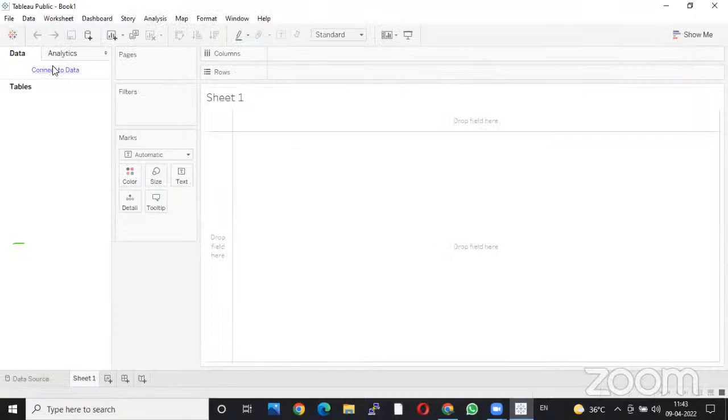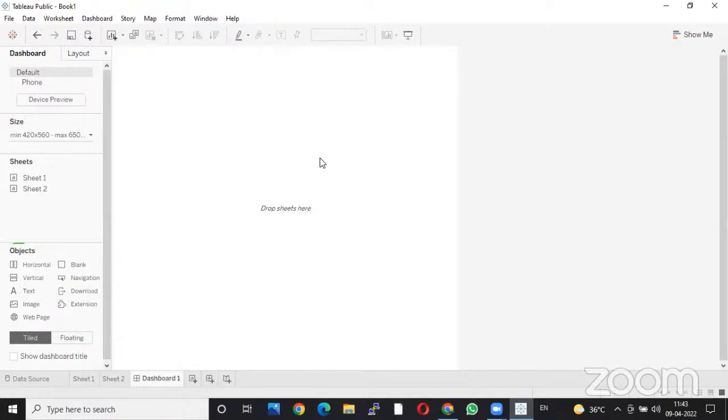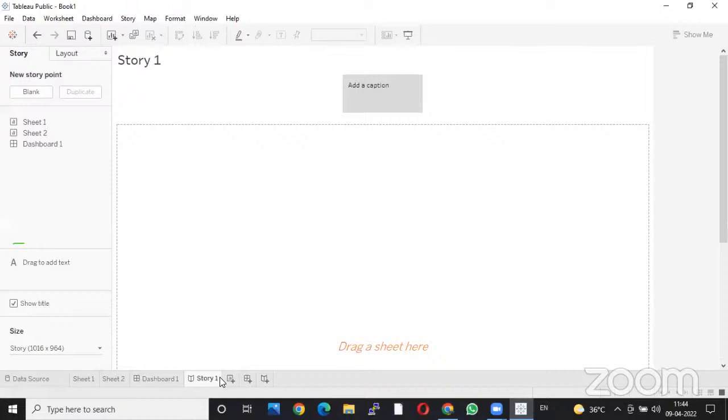And if I click on this particular Tableau icon, you can see the whole interface Tableau has. Here we have sheets. We can create multiple sheets over here. Here we have the dashboard option. In a dashboard, you can put various sheets and make one dashboard. Apart from it, we can create stories, in which you can mention the whole scenario from start to end, like in the first half this happened with your sales, and in the second half what things happened. So that can be put in this story part.